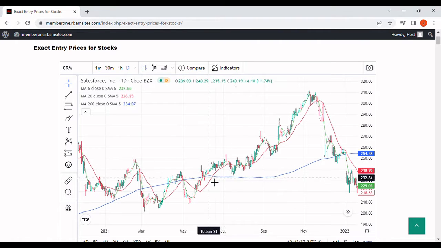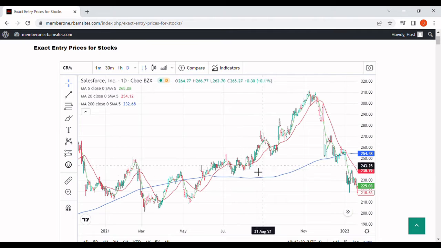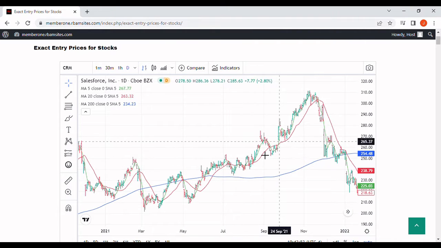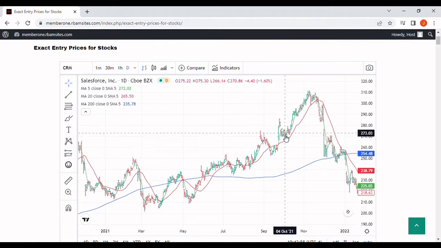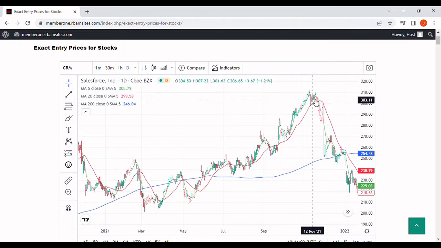We had some respect for the 20-day moving average, not great, but it did stay above the 200, and we steadily marched up here until we got so far away from the 20-day that we had to break back down to it. And that's what you'll see happening with these moving averages. If they follow them fairly decently, then usually they're very reliable to stay long. You can see this followed it very nicely, and it was reliable all the way up to the top of